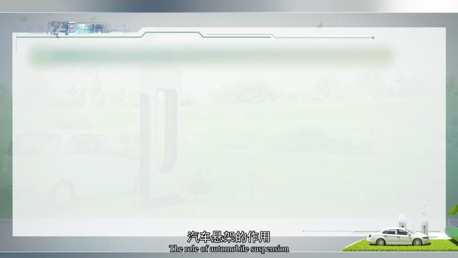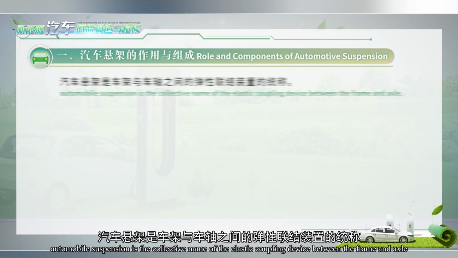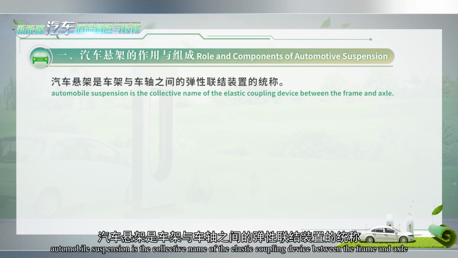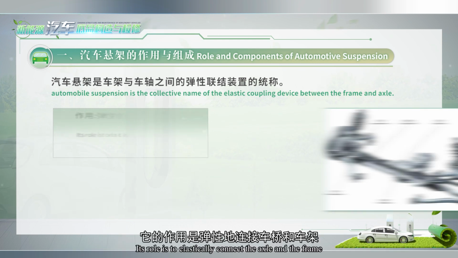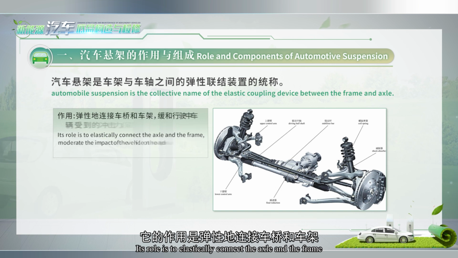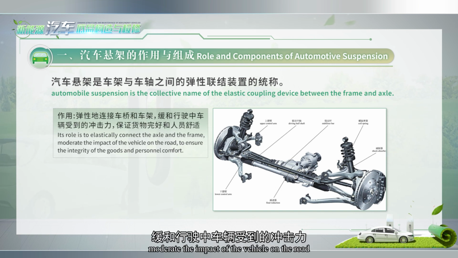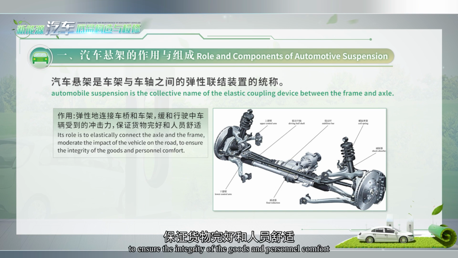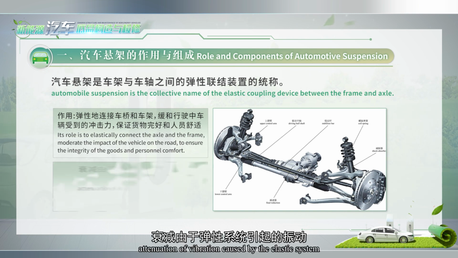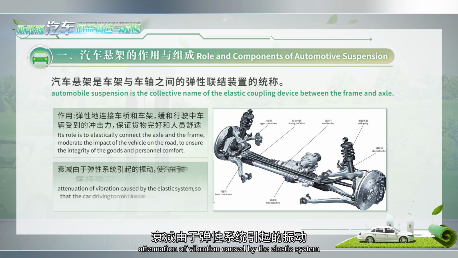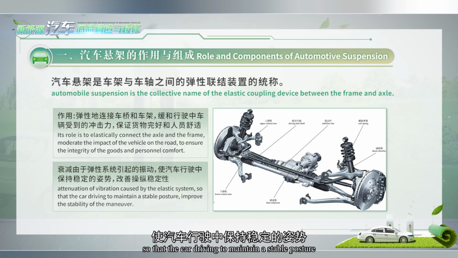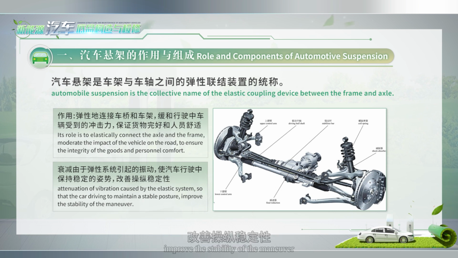The role of automobile suspension. Automobile suspension is the collective name of the elastic coupling device between the frame and axle. Its role is to elastically connect the axle and the frame, moderate the impact of the vehicle on the road, to ensure the integrity of the goods and personnel comfort. Attenuation of vibration caused by the elastic system, so that the car driving maintains a stable posture, improves the